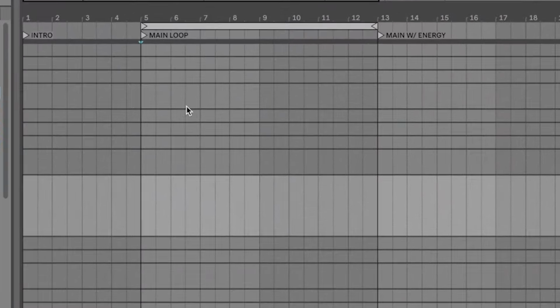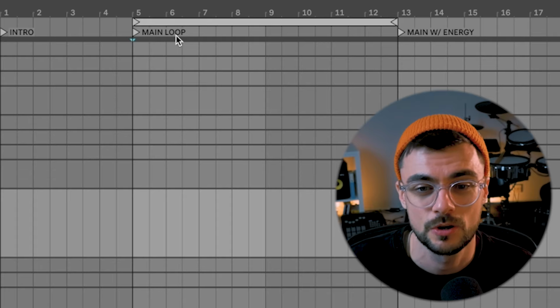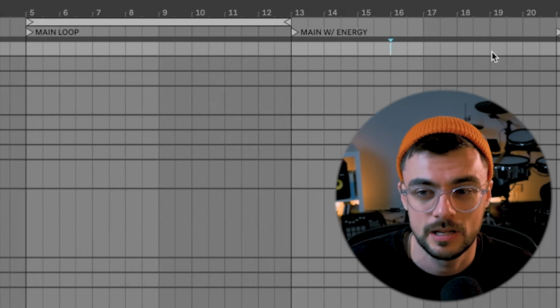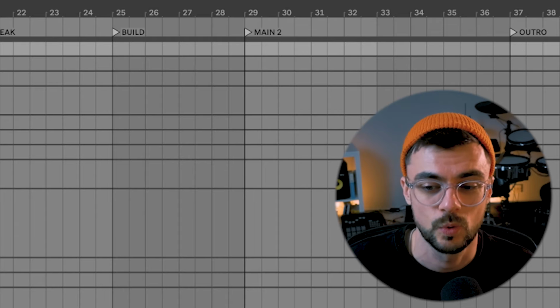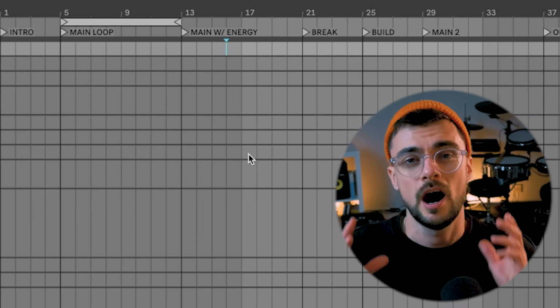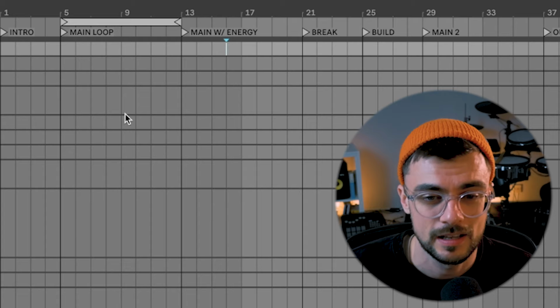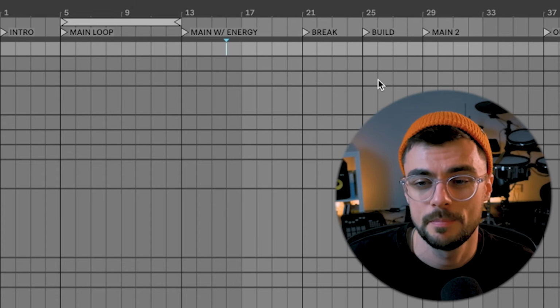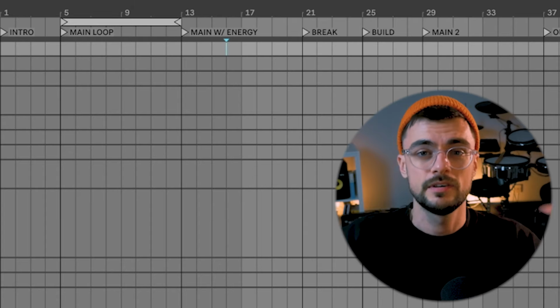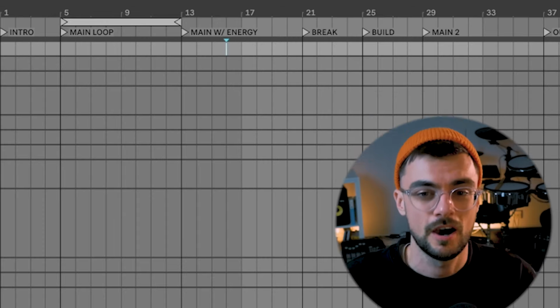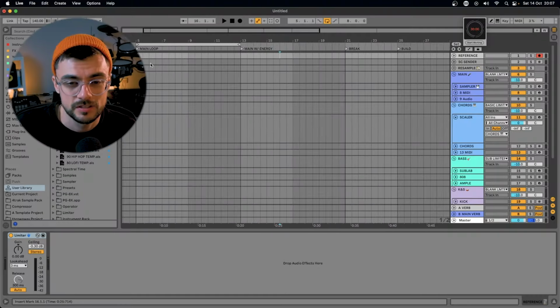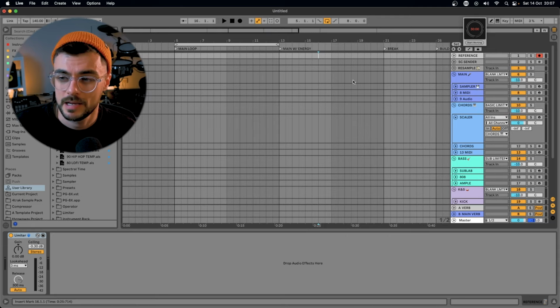From here, I set up my markers. I've got my intro, main loop, main with energy, break, build, main 2, and the outro. This falls at 1 minute. It's not long enough to create a whole tune, but what it does allow me to do is create all of my main sections to create enough of a narrative that I can then go on to expand and fill in the gaps afterwards. And when I laid out these markers, I used a reference track, which made me add